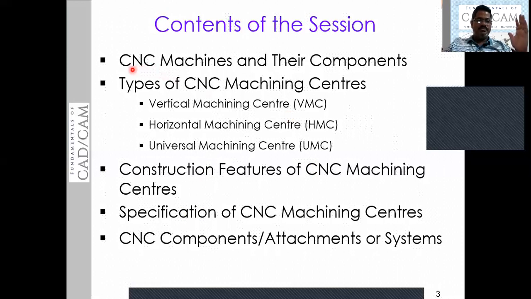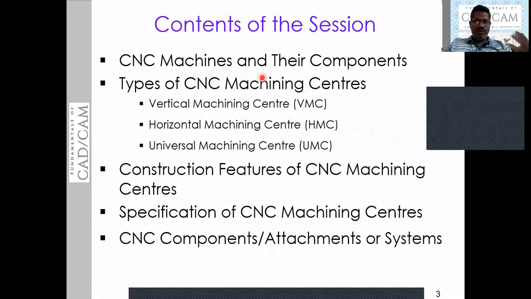Then when it comes to CNC, the punched card as well as the tape is eliminated, and the program is written in a dedicated computer. In the case of CNC, as we already discussed, each NC machine tool is connected to the dedicated computer where all the part programs are stored. Up to that extent we discussed CNC, but we did not discuss the components and the machining centers. Machining centers and their components were not discussed. So the components we will discuss in this session.